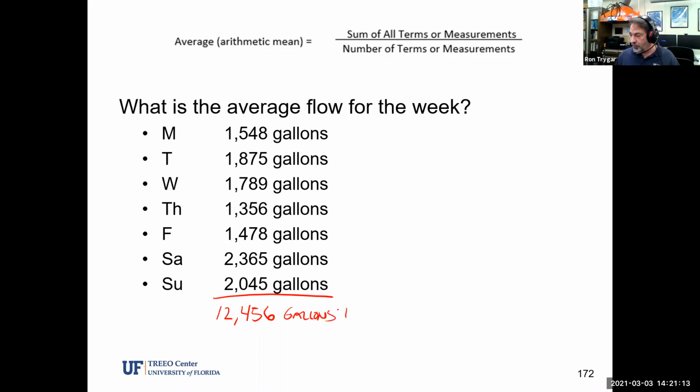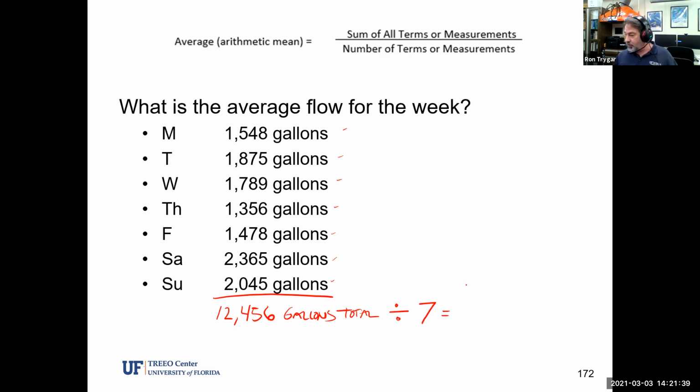This is the total that was pumped for the week. And if I want the average daily flow for that particular week, I'm going to now divide this number by the total number of numbers I put in. So let's say I have 1, 2, 3, 4, 5, 6, 7. So divide by 7,